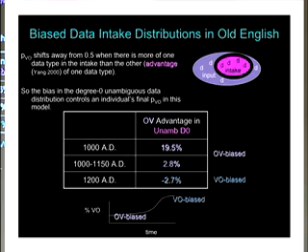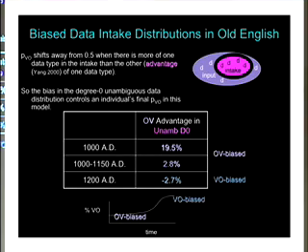And so the basic idea is that what's going to determine the final value is what the distribution is within the intake, right? In this case, in this world, it's the degree 0 unambiguous data distribution. And so basically we can determine the trend of what we expect to see if we look at the intake distributions at the various time periods that we have. And so at 1000 AD, if you look at the intake distribution, there's a 19.5% bias for the object-verb order. So like 20 out of every 100 data points that you see in the intake are going to bias you towards object-verb and not bias you away from it.